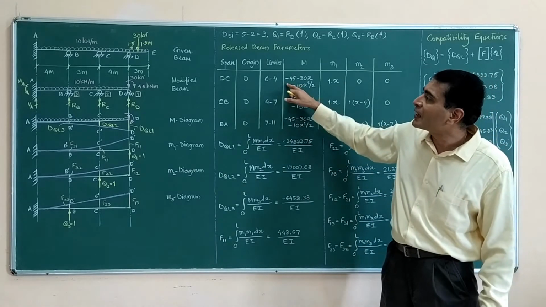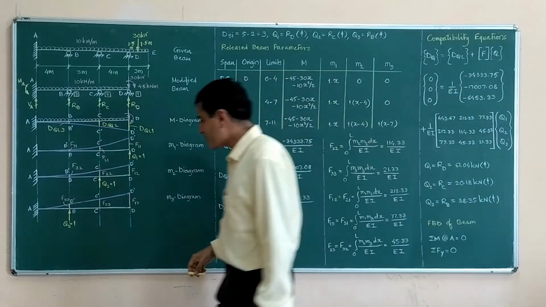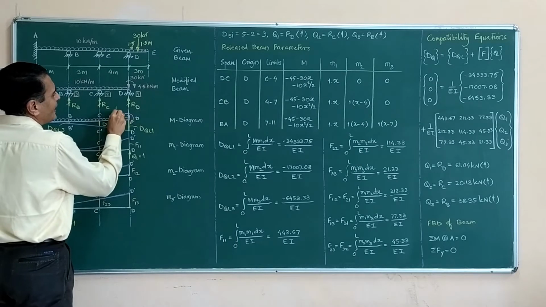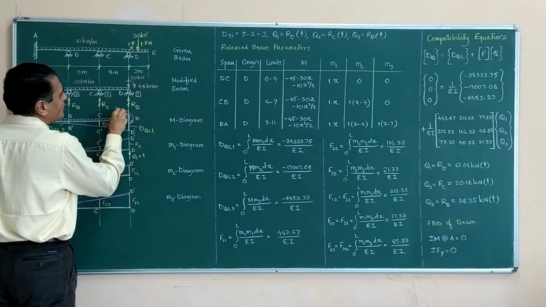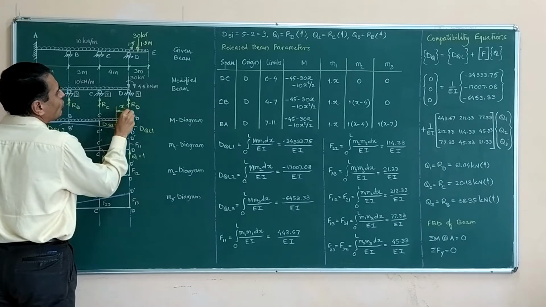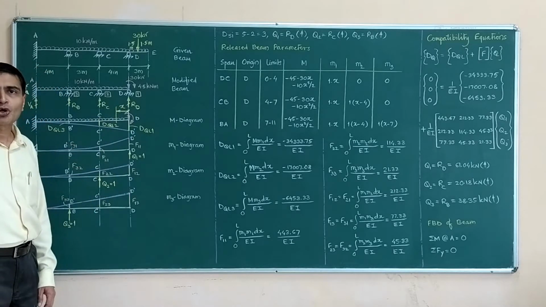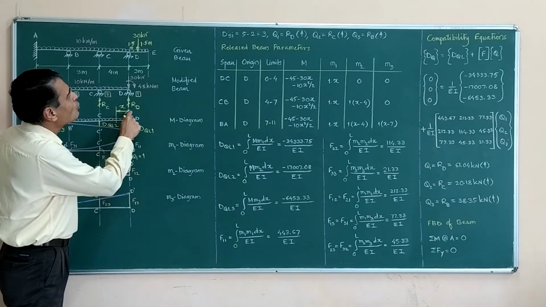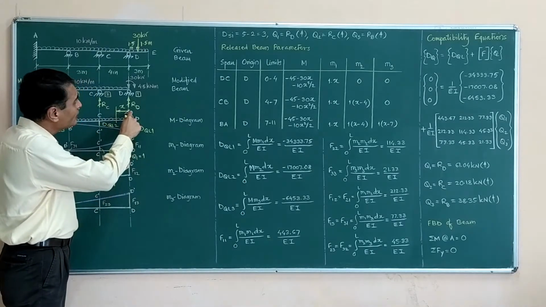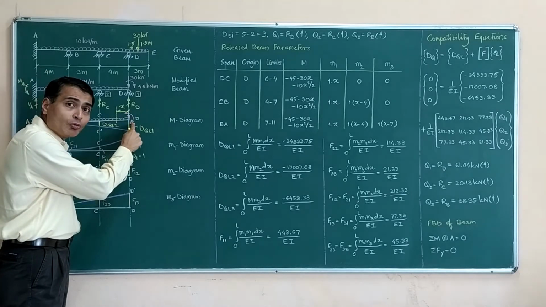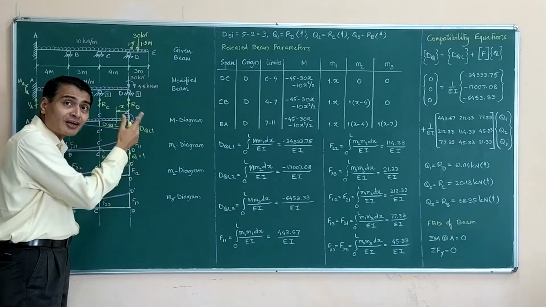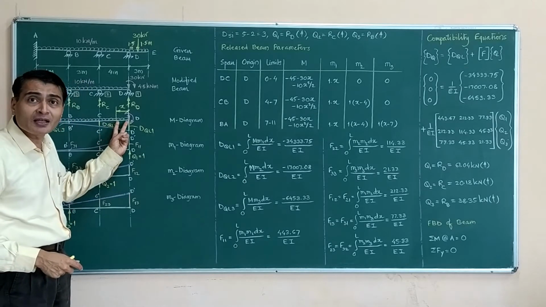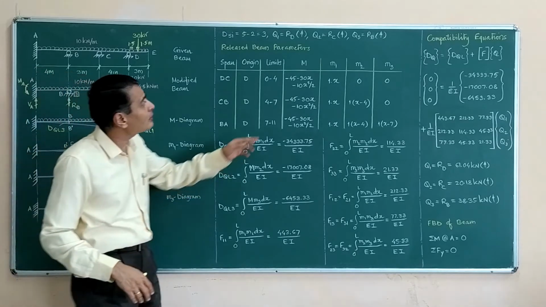Going ahead with the M diagram, bending moment. The whole concept is that I am imagining a section here at a distance x from origin B. What will be the bending moment? It is going to be hogging bending moment due to the 30 kN load, hogging bending moment due to the 45 kN couple moment, and hogging bending moment due to this UDL. So that is what I am writing here.